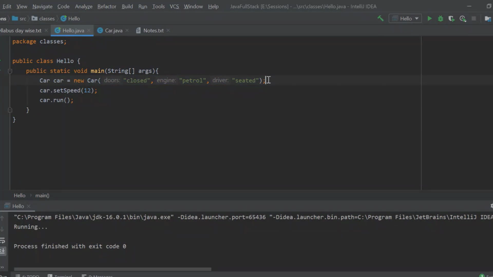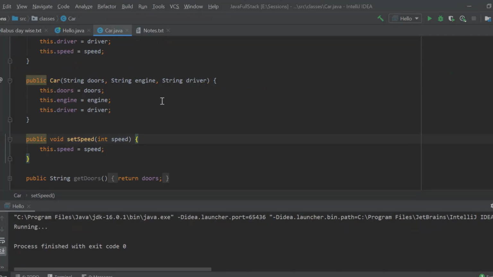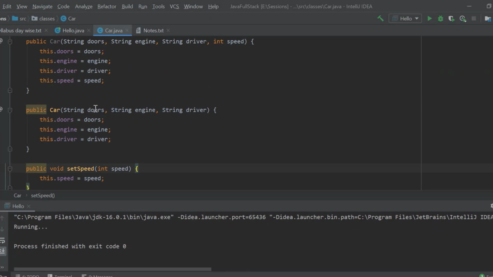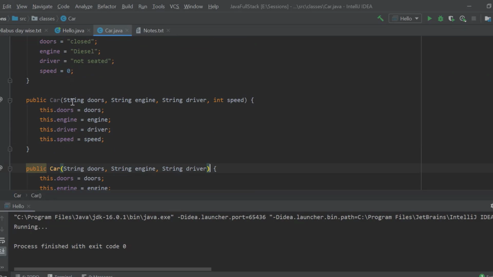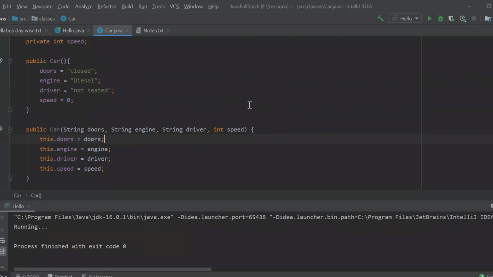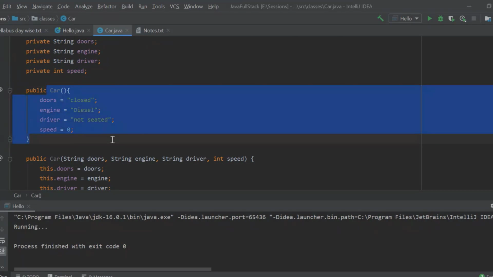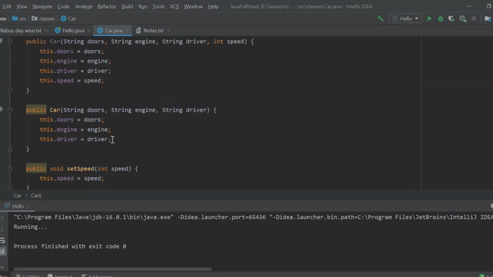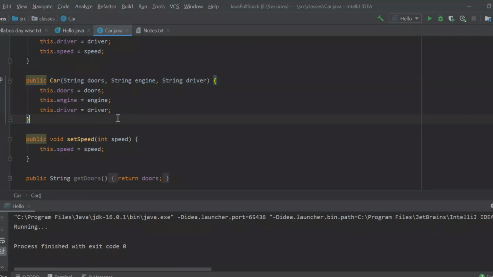3. When I say 3 parameters inside a constructor, this car method will directly go here and check for a constructor with 3 parameters. Here there is a constructor with 4 parameters. Here there is a constructor with 0 parameters, which is our default constructor, and here is our constructor with 3 parameters.